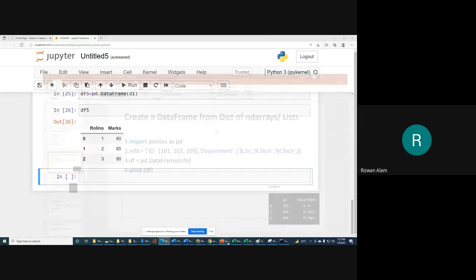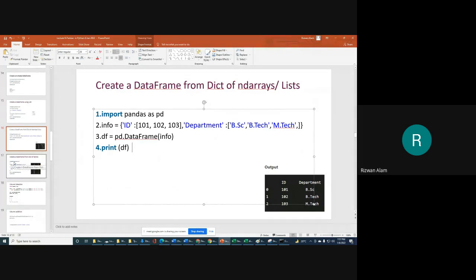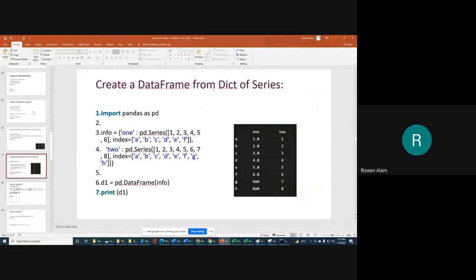So next we will go for creating a data frame using a dictionary of series. We know that a series is one-column data. Series is simply a data structure in the pandas library that stores only one column of data.